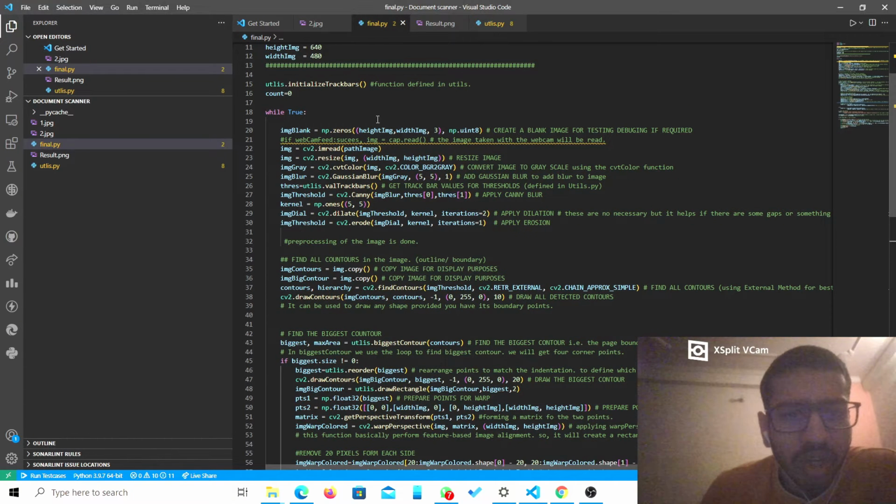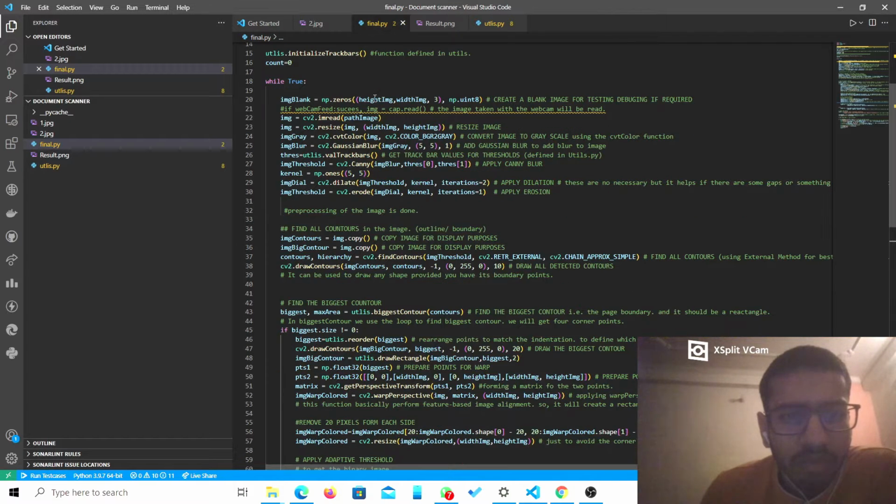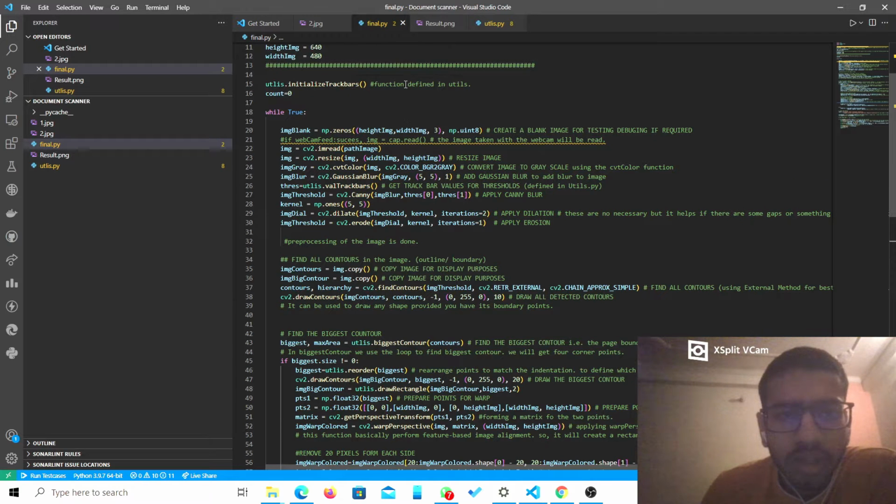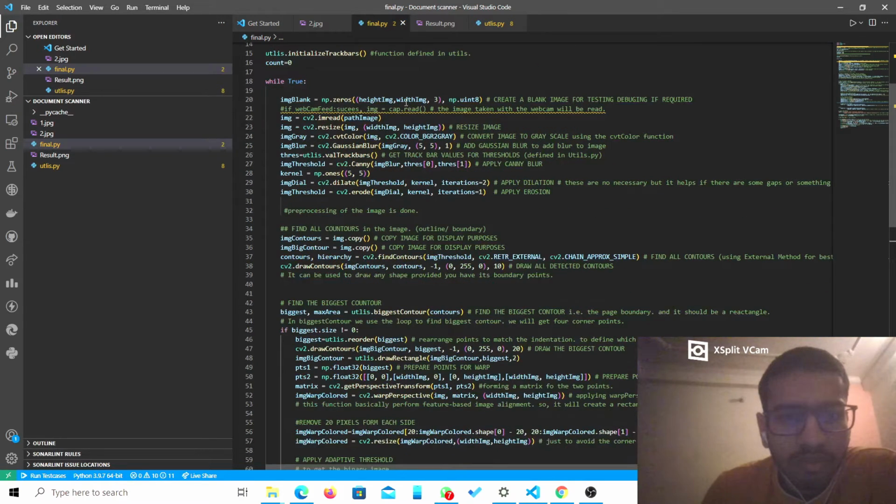Now in the while loop, we will loop until we get all the pages. In the while loop, we will first take a blank page as an input. We consider a blank image so that if there is an error, we get to know about it. We will give the height and width as we declared earlier.